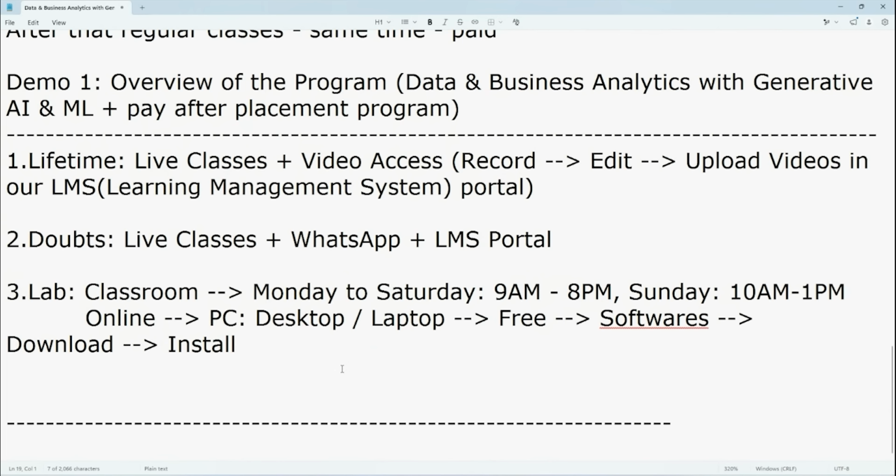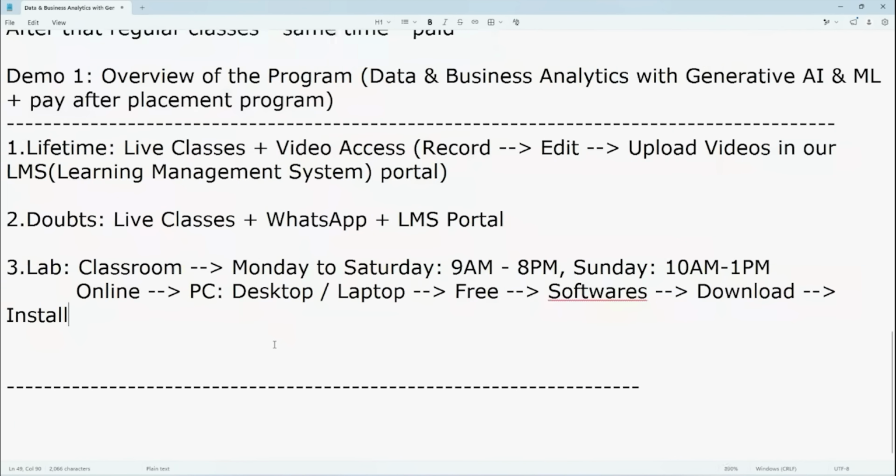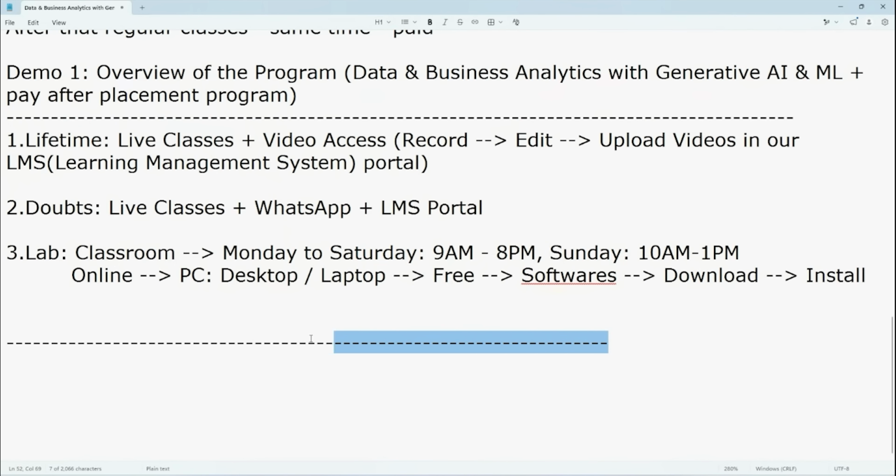In the case of online, you are just listening to the classes. Everything is yours: your desktop, your laptop, your power bill, your AC. Because of this reason only, we are able to reduce the price for the online students. Is it clear, right? Okay, fine. And the next,